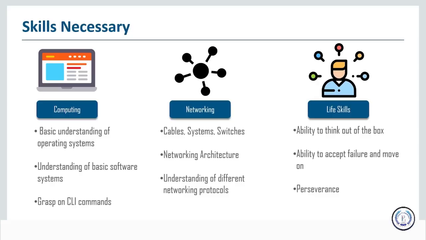Now, from a networking perspective, you need a basic understanding of some simple networking concepts. You need to know what cables are and switches and hubs and how systems are networked together. You don't really need a deep level of understanding. I'll be going through some protocols at a reasonably deep level because I think it's important as an ethical hacker to understand what's going on at the protocol level so that you can know better what you are doing and how to achieve the goals and tasks that you have before you. So we're going to be going over some protocols. Just understanding what protocols are and how they go together, those sorts of things are necessary from a networking perspective.